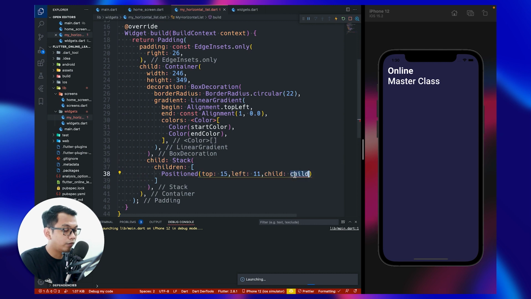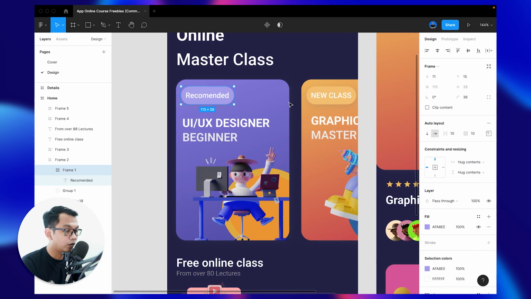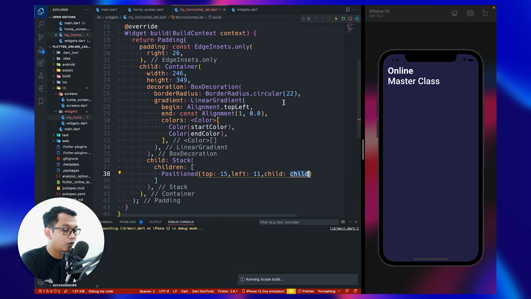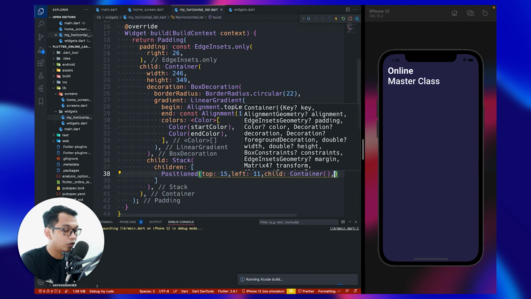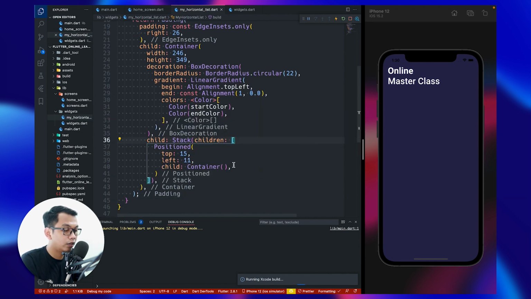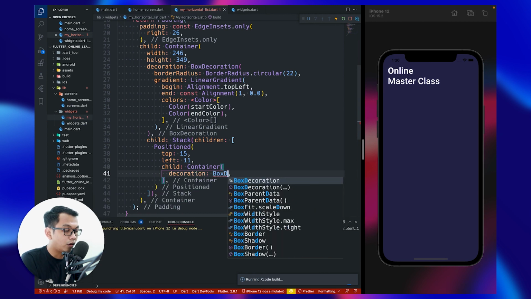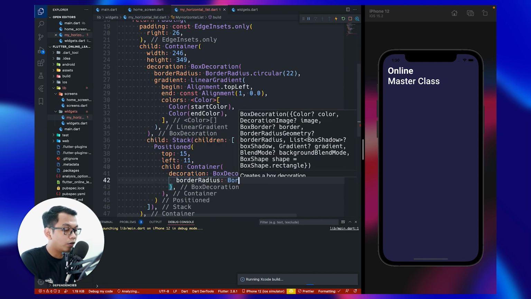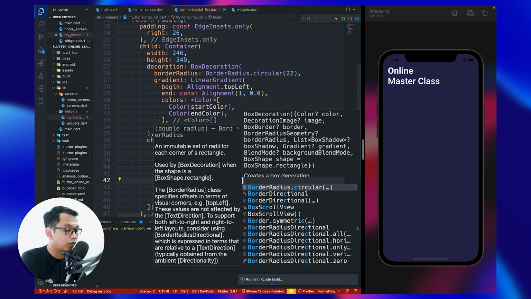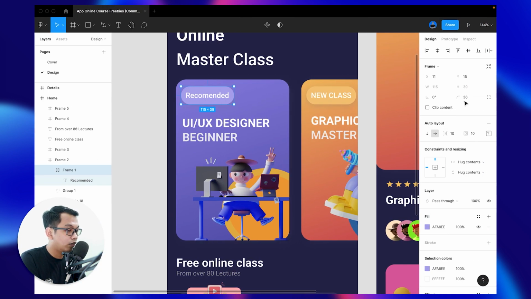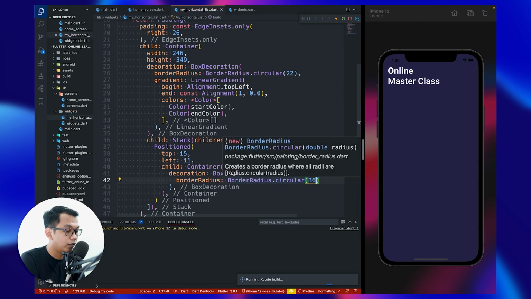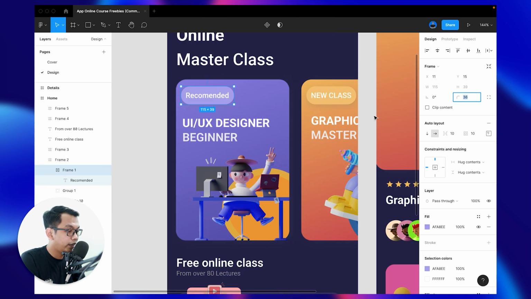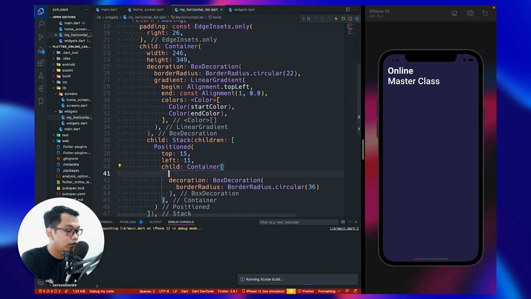Look like this. And for the child, because this is kind of rounded, so we use container because we can modify the border radius using a decoration, and don't forget to call box decoration, and inside our box decoration we can call border radius, and we say border radius dot circular, and let's say this is 36, paste here, and don't forget to check the height is around 39.